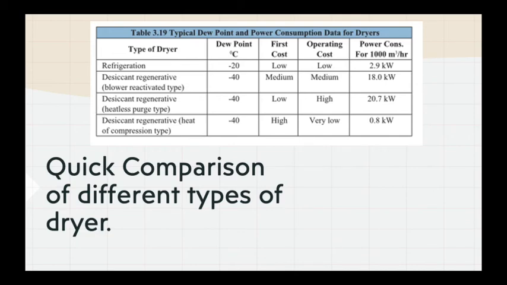The silica gel is basically in a rotating cylinder. When the silica gel is on the moist air side, it gets exhausted, and since this silica gel is present in baskets which are continuously rotating, once it gets exhausted, it automatically moves towards the regenerated side. The regenerated side again takes all the moisture from it and gets mixed up with the air which is going into the compressor piping.